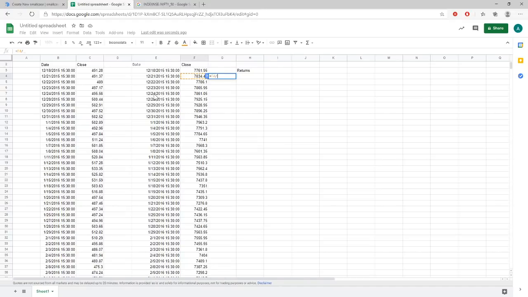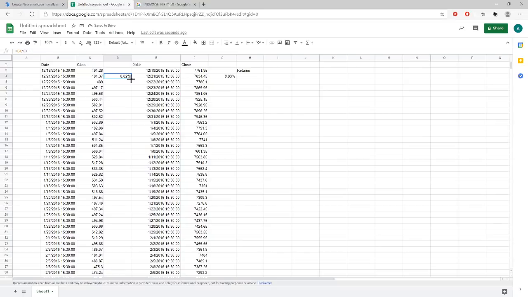Basically this price divided by this price minus 1, okay, and this comes in a ratio format. You can multiply this by 100 to figure out what it is on a percentage basis. So on 21st December 2015, Nifty returned 0.93%. However, you can check the same thing for Reliance. Reliance just returned 0.02%.